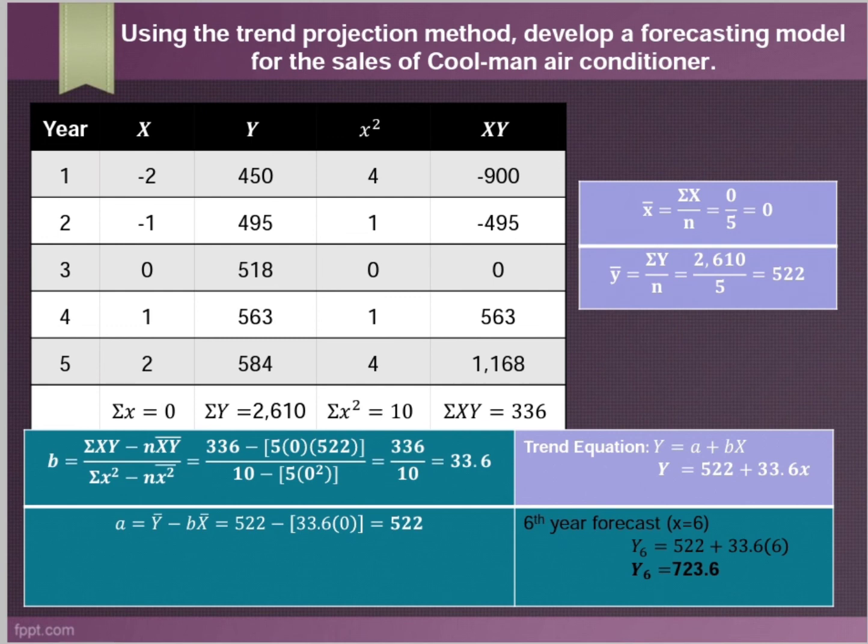So y equals 522 plus 33.6 times x. Basically, we can compute the 6th year forecast by substituting the x with 6, since we are computing for the 6th year. So y sub 6 equals 522 plus 33.6 multiplied by 6. So we have the 6th year forecast